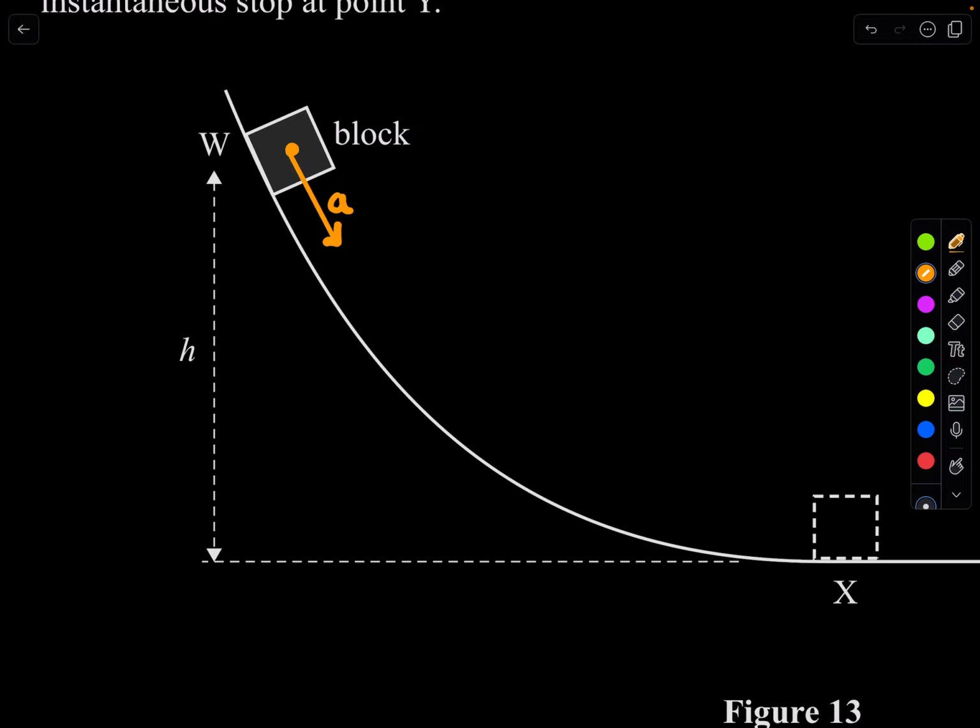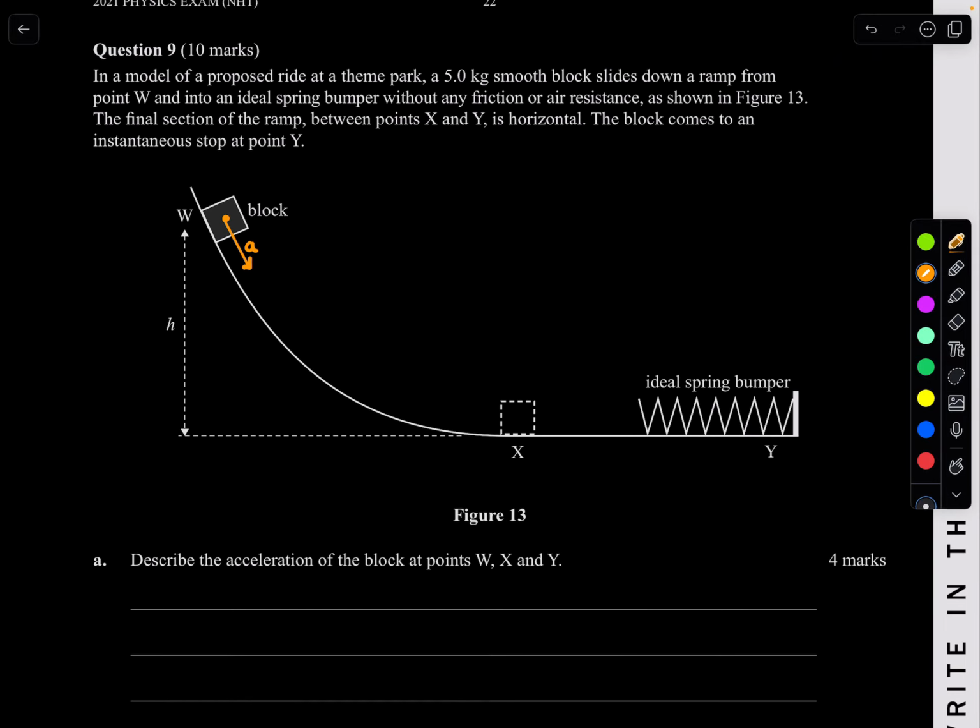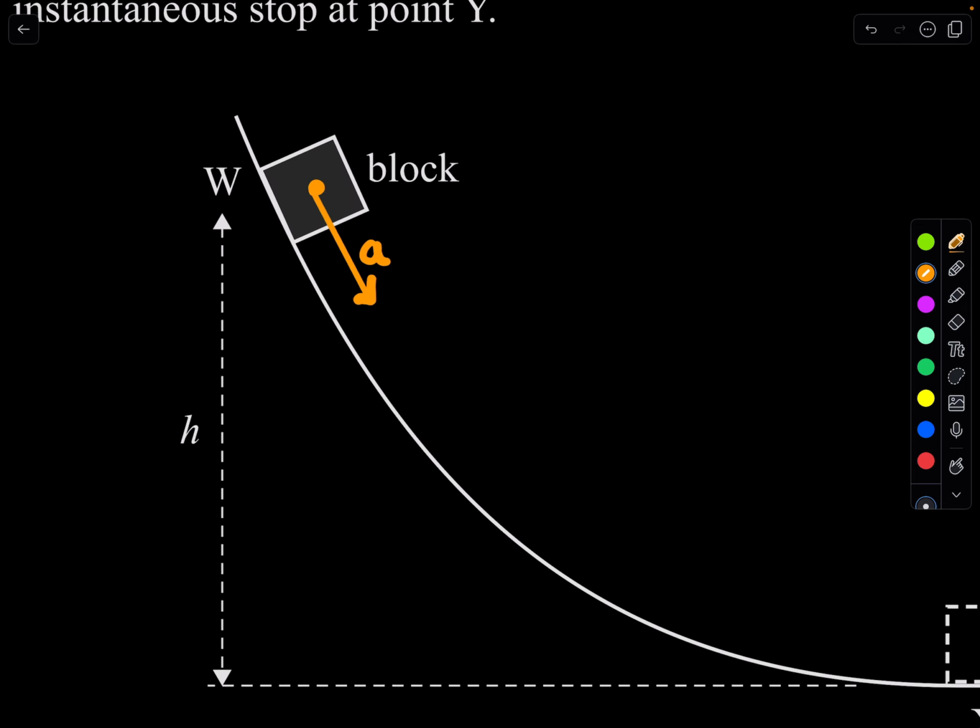It just has this acceleration down the page. And so the block actually has an acceleration. And because we know that overall G is going to be, of course, straight down,